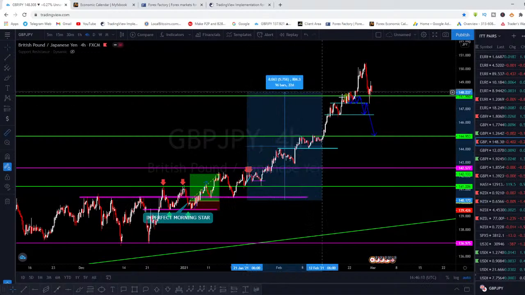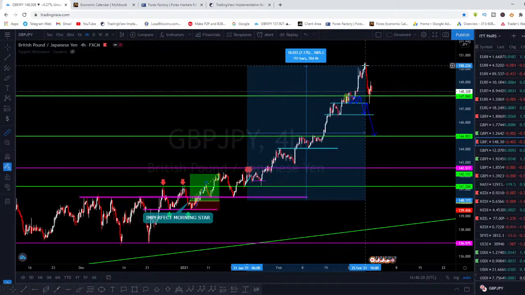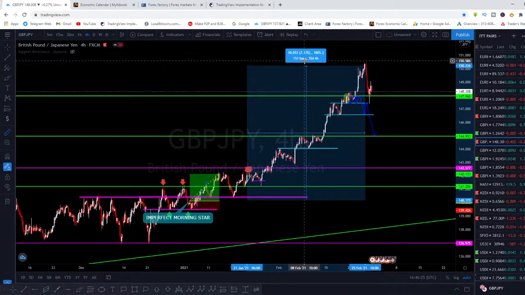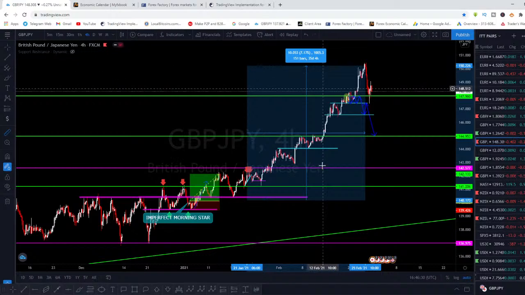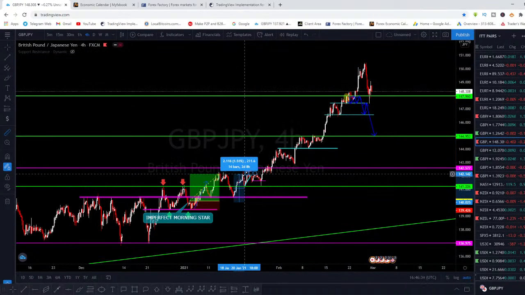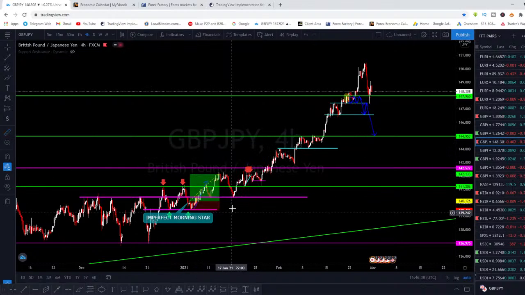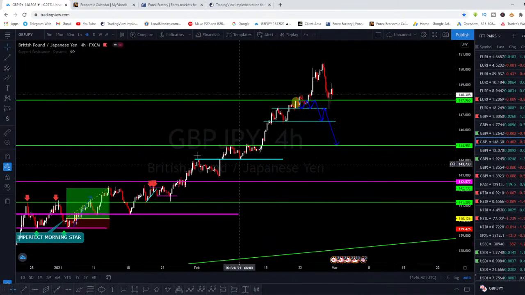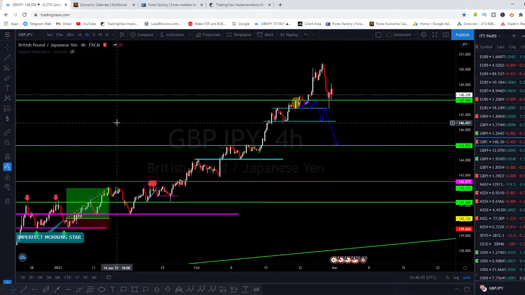If you held this trade, you would have been in about 1,000 pips, man. Oh my goodness. 1,000 pips for Christ's sake, bro. Come on, man. 1,000 pips. But our final take profit was around 210 pips. Had we held this trade up to this point, it would have been about 1,000 pips. But I see that a lot of you guys are not patient enough to wait for all of this swing opportunity.